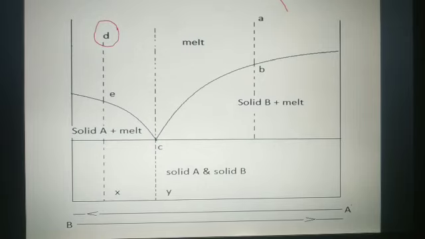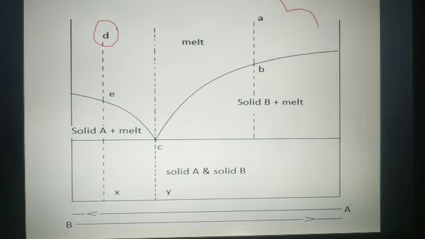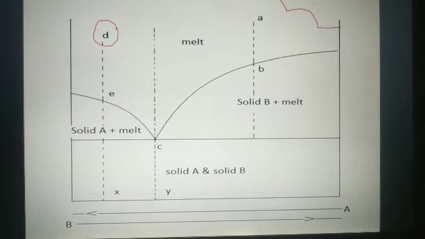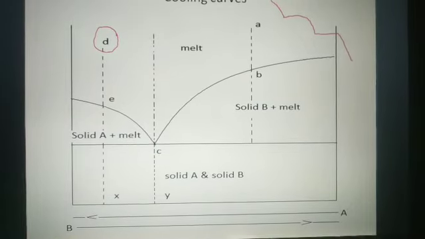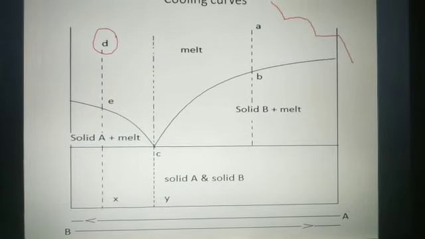So here solidification of A releases heat. Again there is a curve for the cooling. At point C, again A becomes solid, B becomes solid, so solidification starts. So for some time the temperature remains constant, and again there is a sharp cooling in the system. So this type of curve is obtained for the cooling.